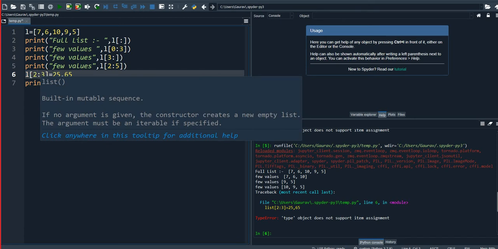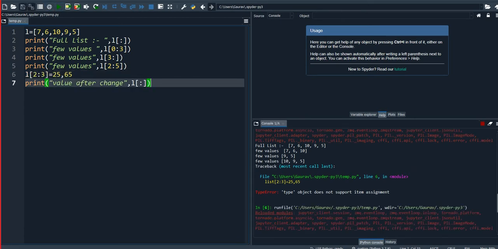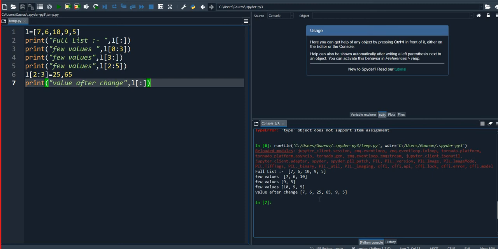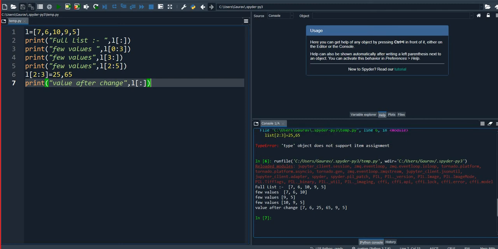L is not list. Now it is okay. Now see, the replacement of the third value. The full list before changing is 7, 6, 10, 9, 5, and the few values are this. All of this I have already told you. Now see, value after change: 7, 6, first 0 and the first value will be this, and after this the second and third values will be 25 and 65, which replaced the same values. These are 10 and 9.